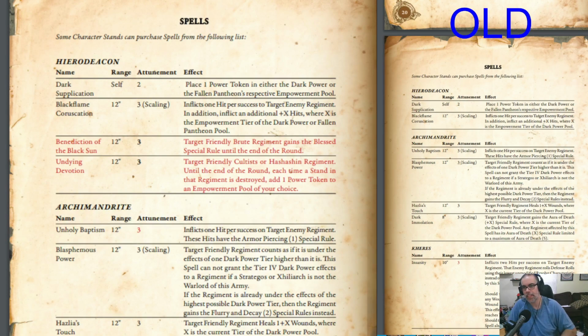For Undying Devotion, this gives a reason to take our non-undead units, because before, I only took them because they were cheap, and they were the best way to get the Hierodeacon in early. Target friendly cultist or assassin regiment till the end of the round. Each time a stand of that regiment is destroyed, you get a dark power. That is huge because both of those units are very easy to take down,